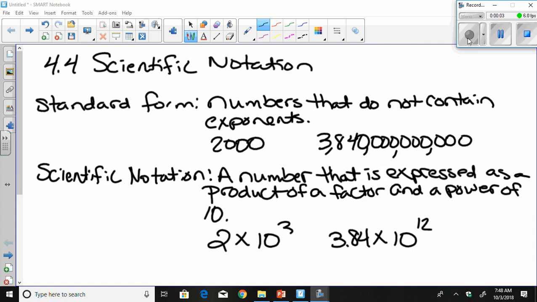Algebra, Chapter 4, Section 4, Scientific Notation. Starting off with our vocabulary here, so standard form are numbers that do not contain exponents, for instance, 2,000 or